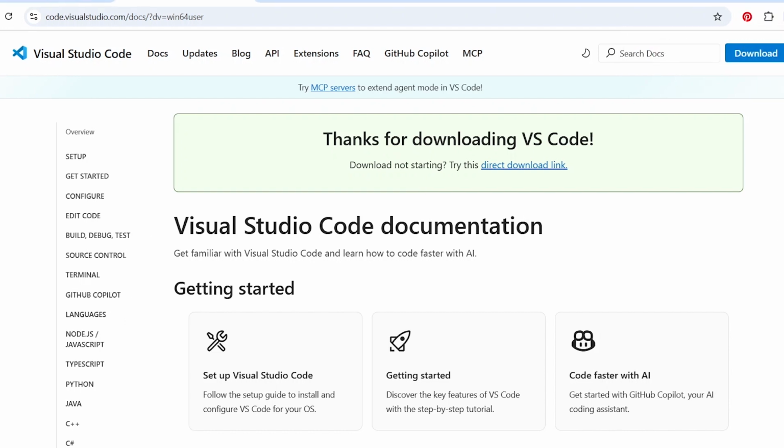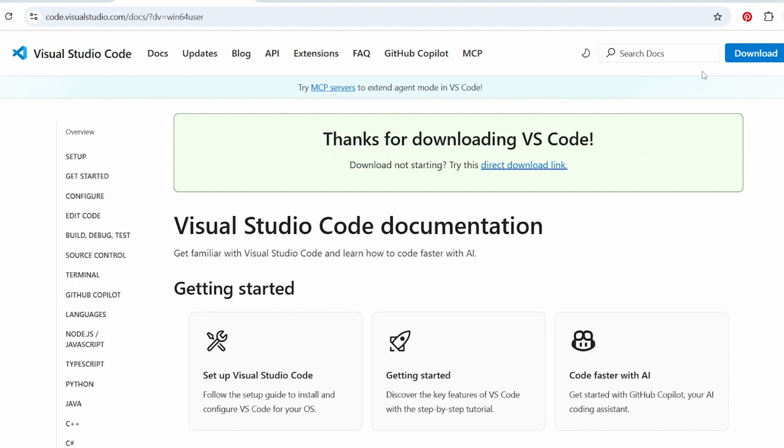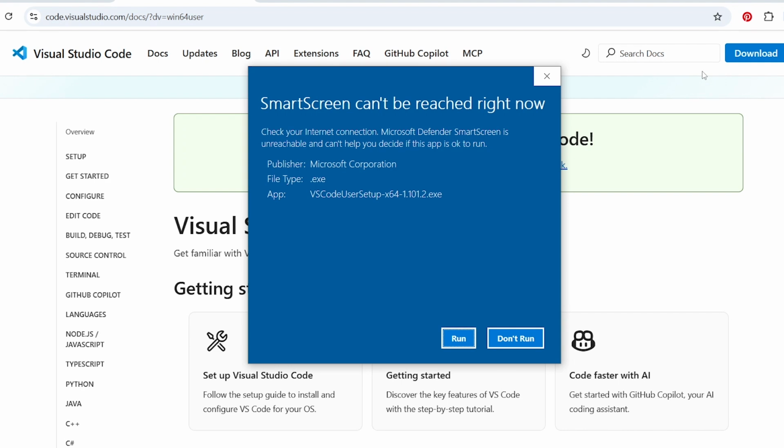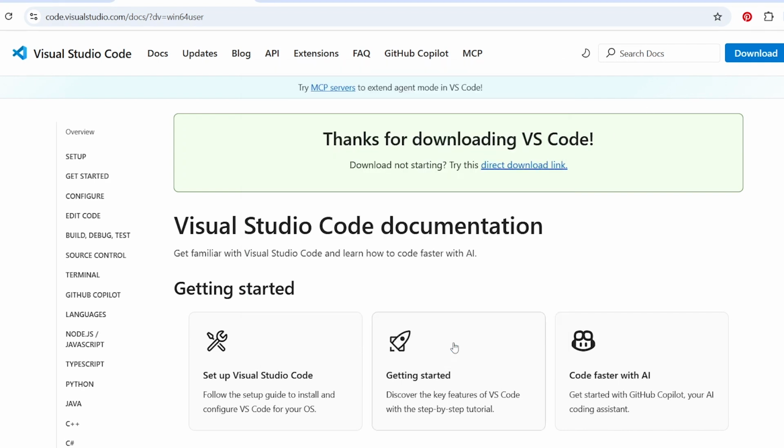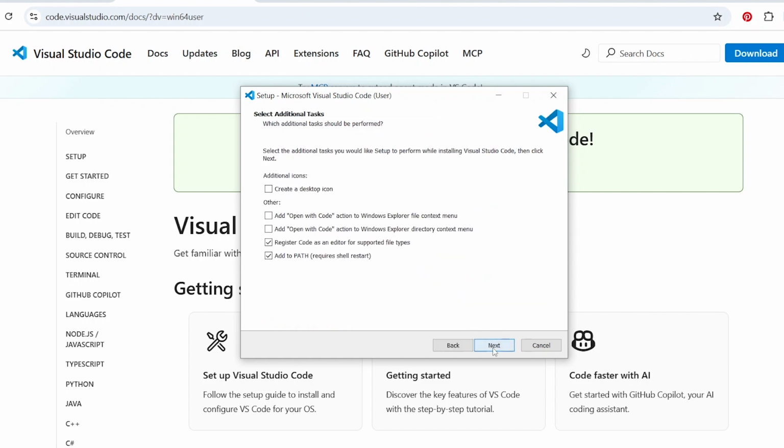So now we've successfully downloaded Visual Studio Code. So let's go ahead and install it. So I'm going to click here to initiate the installation process, and I'm going to click on run, and I'm going to accept the agreement and click next.